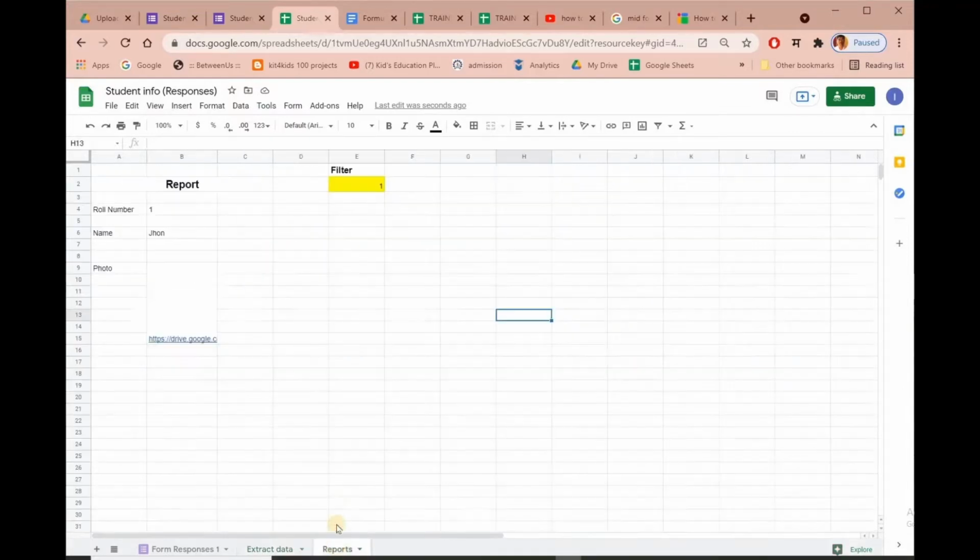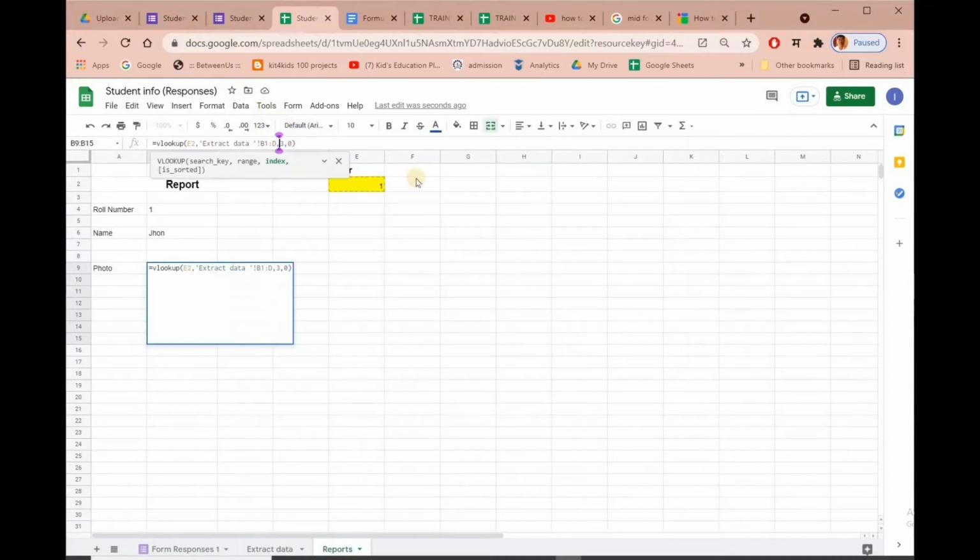So in the report sheet, now we can view this image directly by changing this criteria to 4. We will have to change this also.